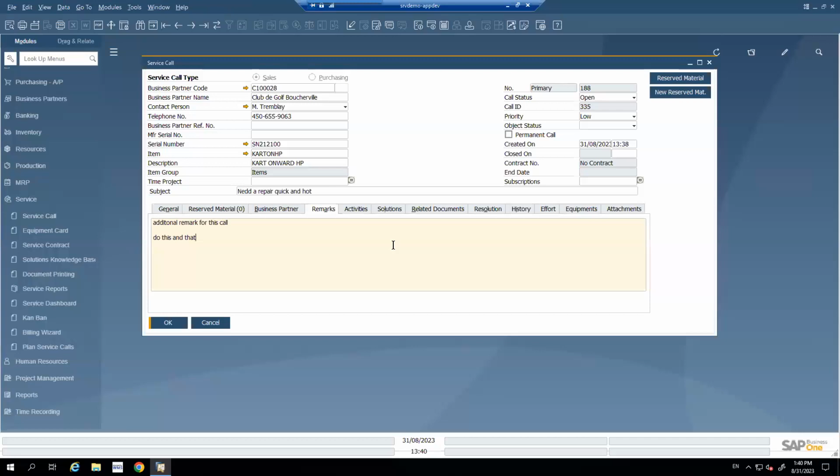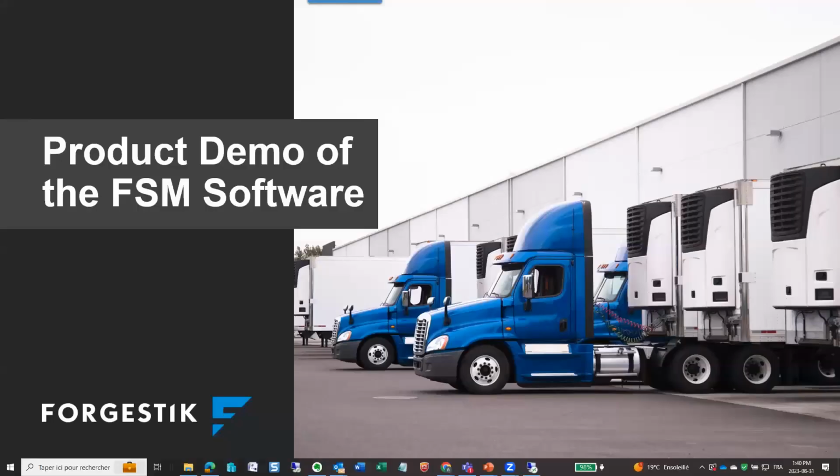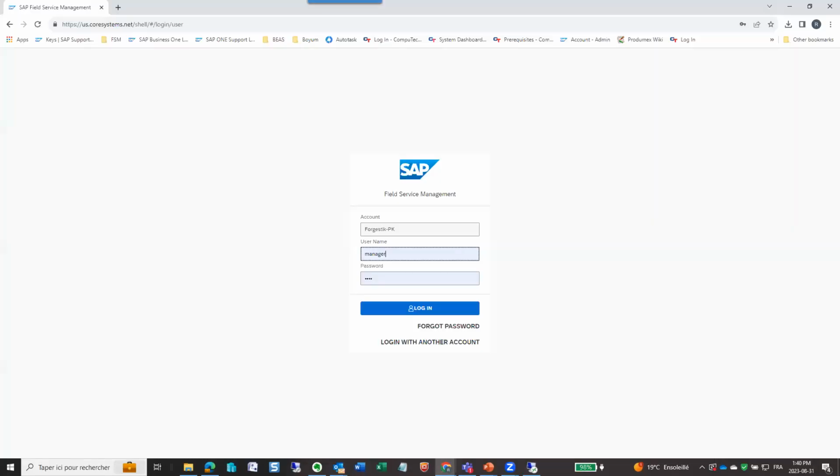Now we have to dispatch that to someone. We have to give that to someone who is part of your technical team. So the tool for that would be on a browser. You would open a browser, and actually, if I go back here, you will log in with your own account